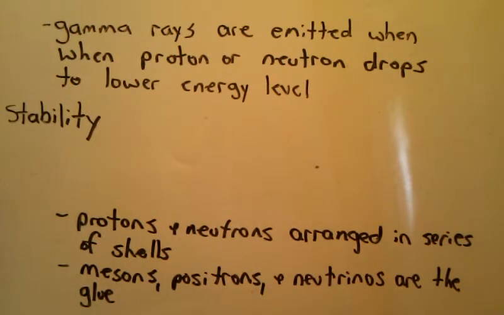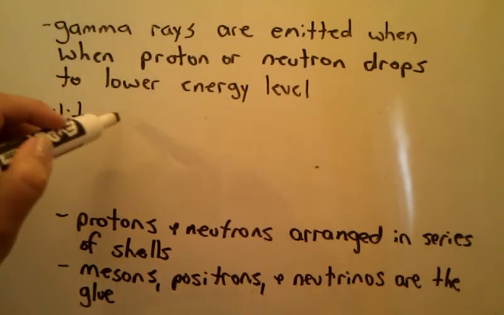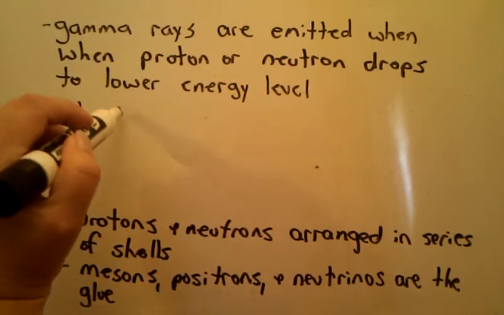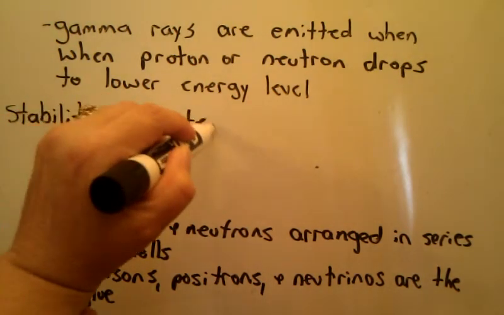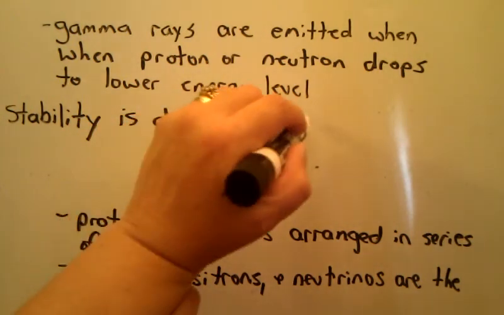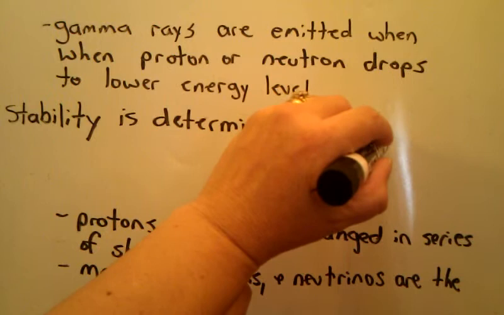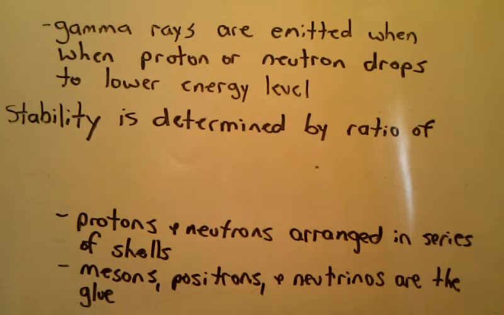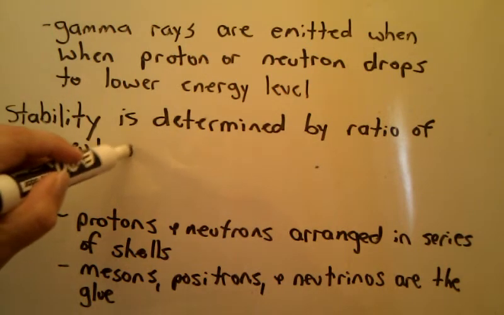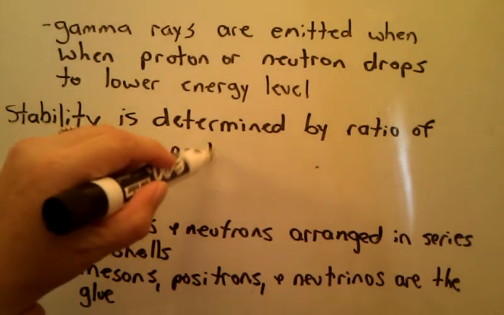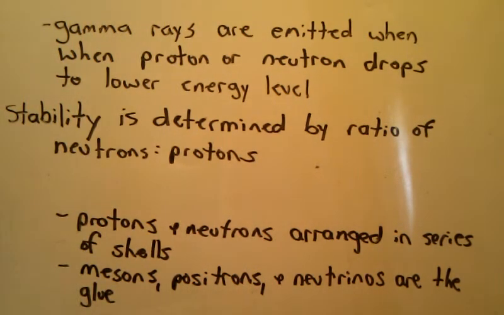Stable nuclei are determined by the ratio of neutrons to protons. Okay, so it's determined by the ratio of neutrons to protons. Neutrons to protons. The greater the atomic number, the greater the number of neutrons necessary to keep the nucleus stable. The neutrons tend to act as a buffer among the protons, keeping them from repelling each other with such great